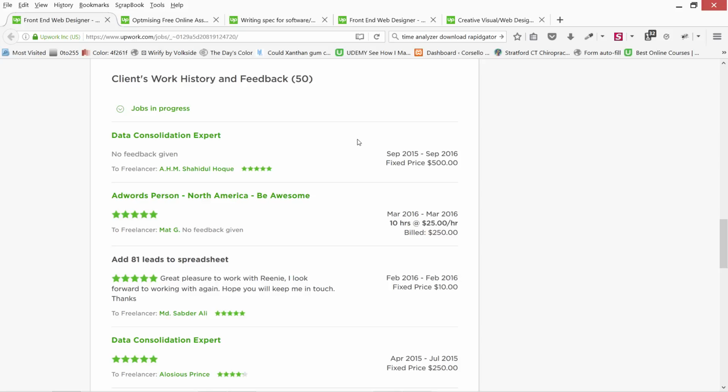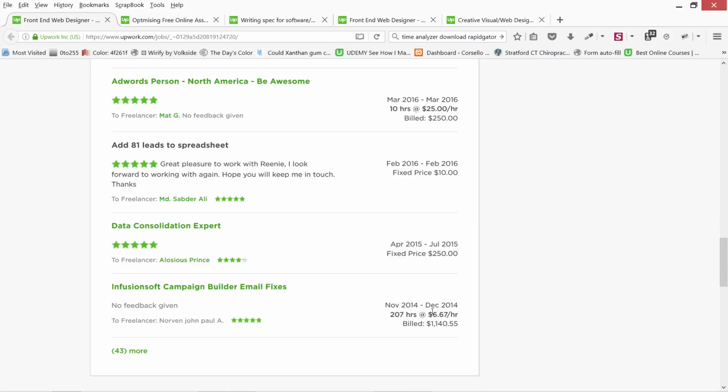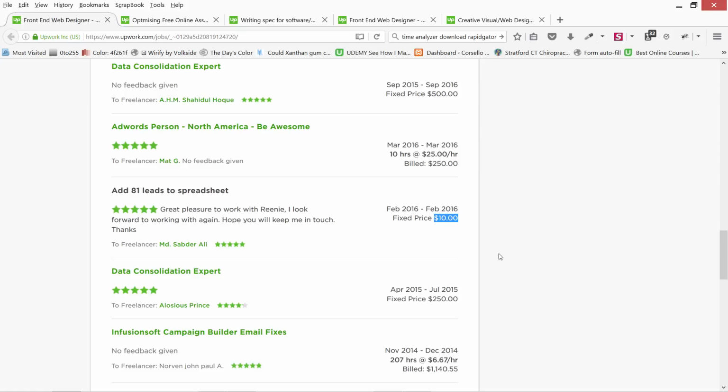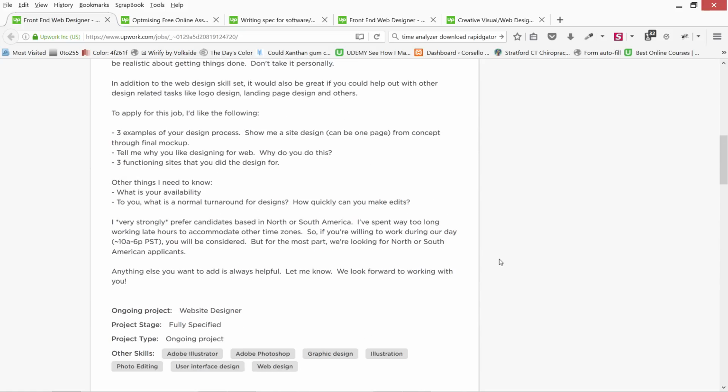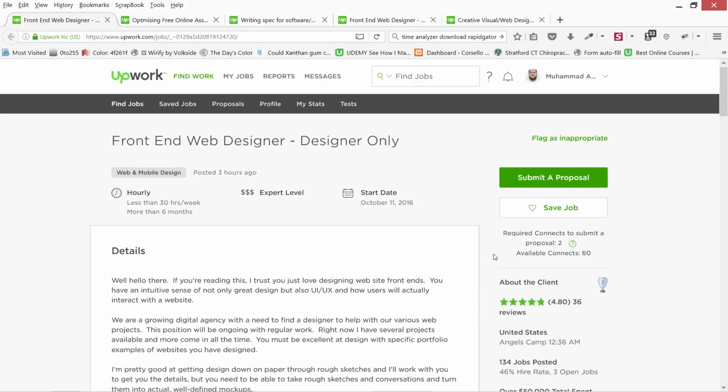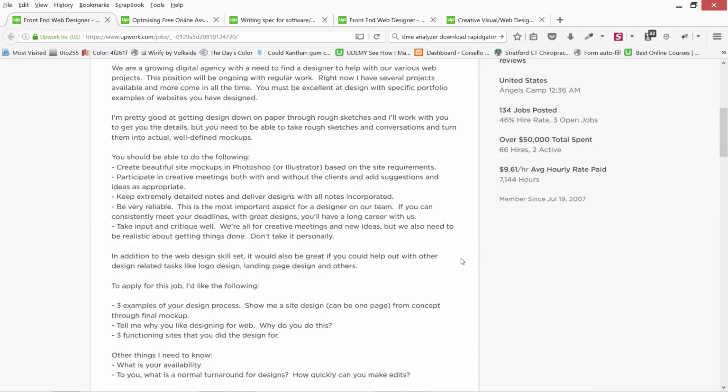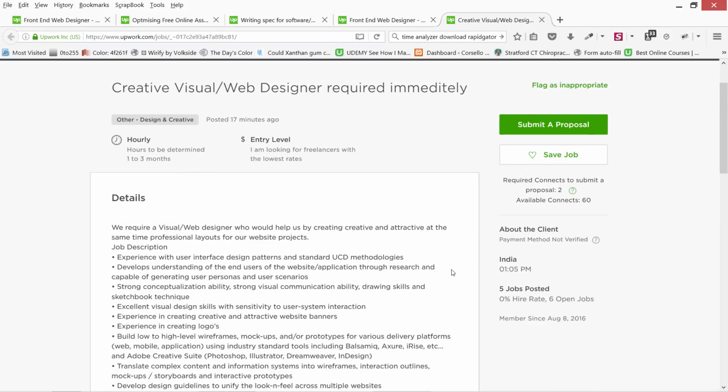So looking at these figures, you can guess that this client can easily pay me $25 per hour, or he likes to pay like $10, so maybe I should hit him with 15 or 12 or 13, a middle ground, to get hired on this job. So this is how you assess your clients.